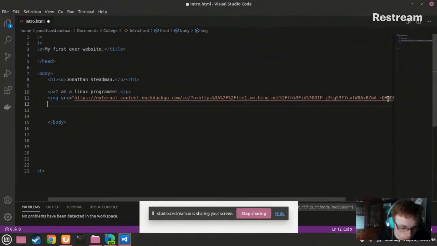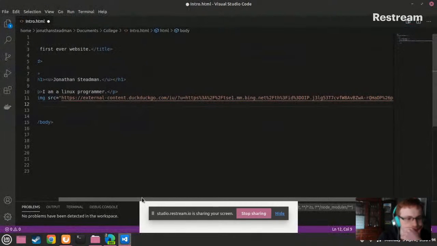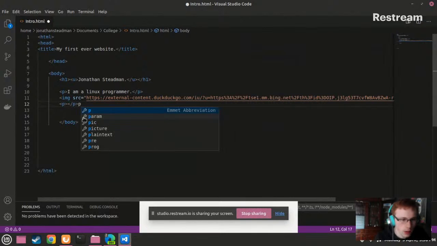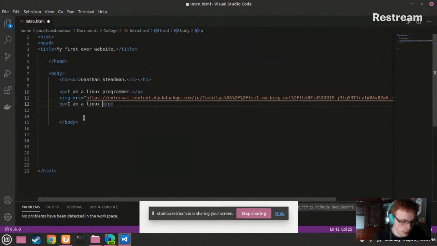So now guys are wondering, how do I add a link to a logo? Well, hold on, I will teach you guys how to do it with text first. So P, okay. So I am a Linux user, for example. Now what we could do is